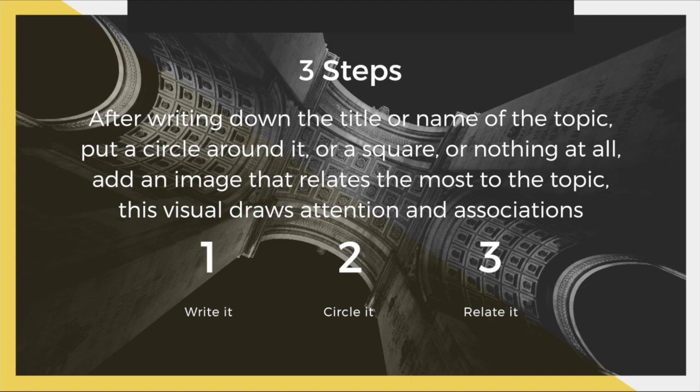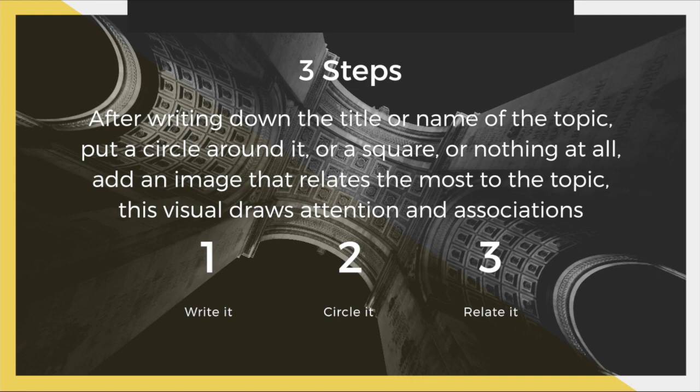And that's what's going to put you on the right track to tackle your goal or accomplish whatever you want to accomplish properly and effectively. So then you have the big goal or the problem that you have, and then you write down the title or the name of the topic, which is the main idea. That's number one. You need to write it in front of you, visualize it, put a circle around it, or a square, or nothing at all. It's better for you to add a shape.